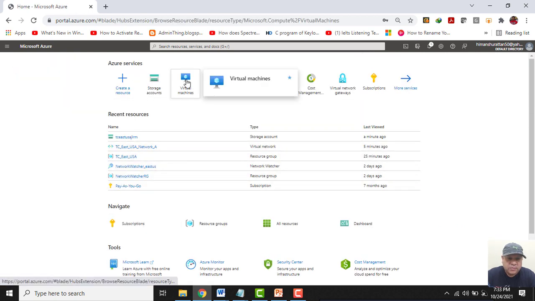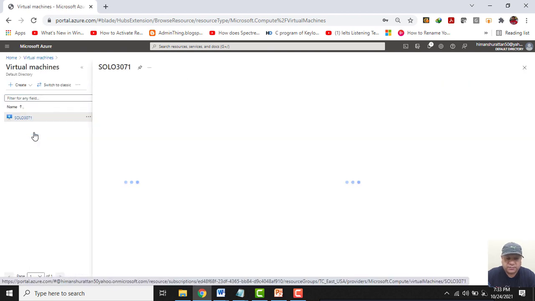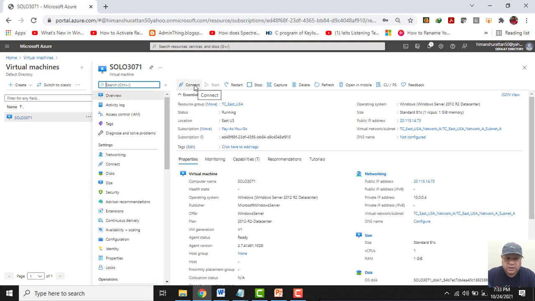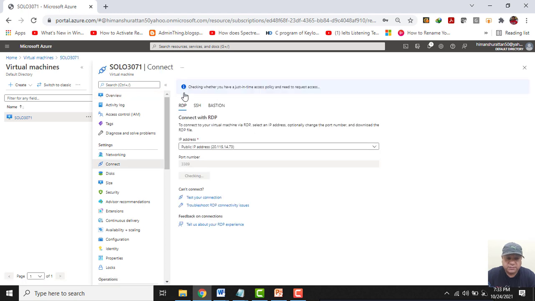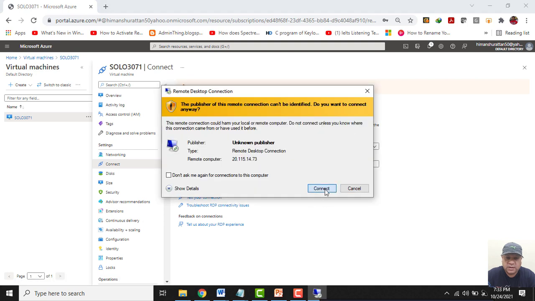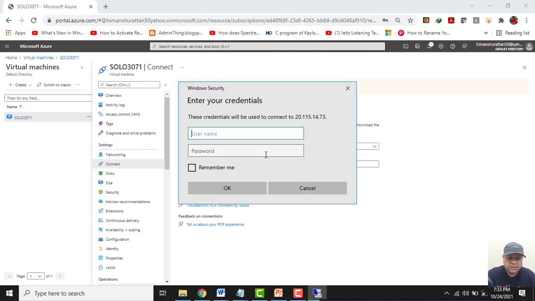So here is my virtual machine. Let's log into it. Click on connect, RDP, download RDP file, open, click on connect. Now I will enter my credentials.